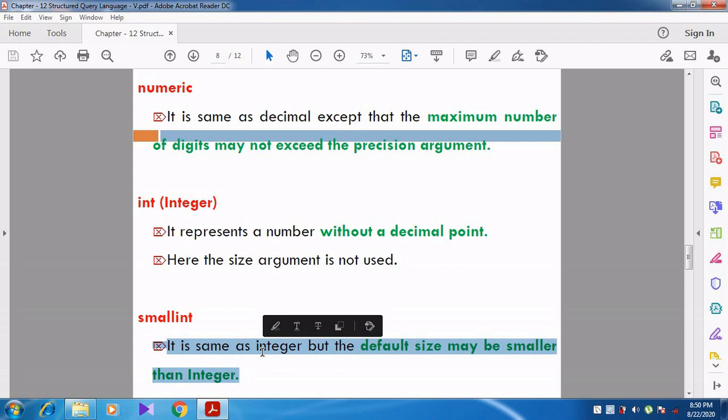Integer value can start from this particular point to this much, so this many numbers can be stored in integer. So this is the range. Small int means it is smaller than the integer. The size may differ. Right.